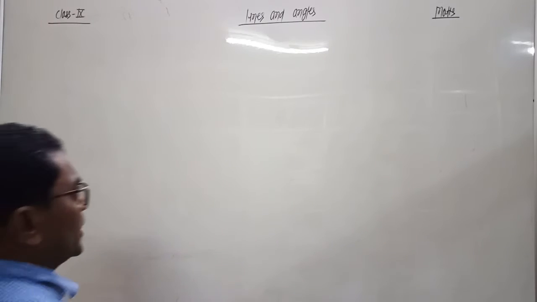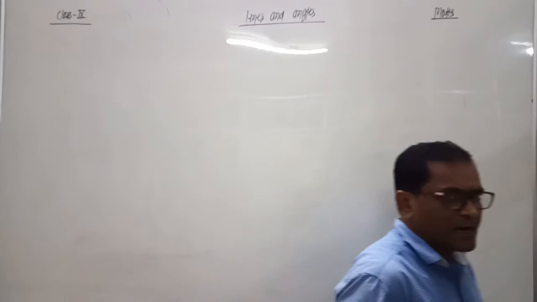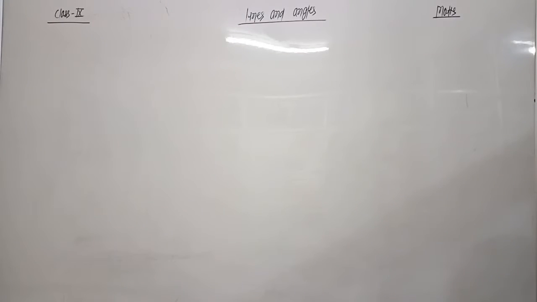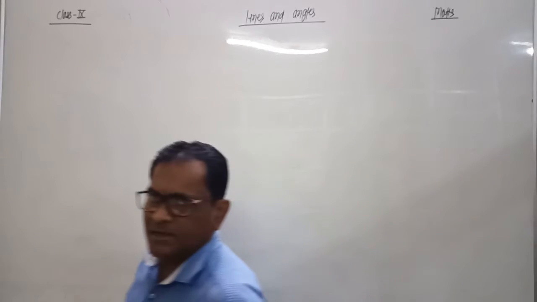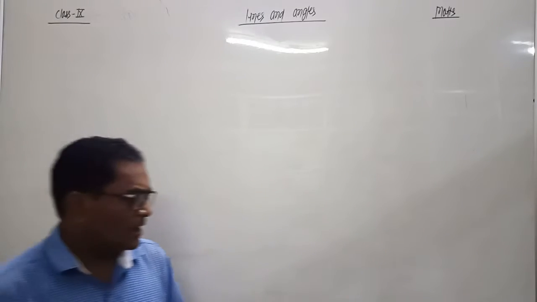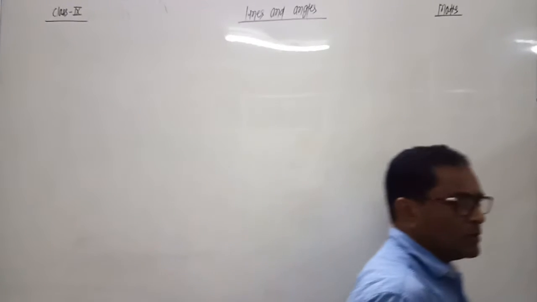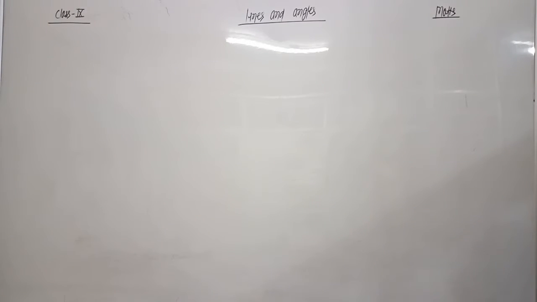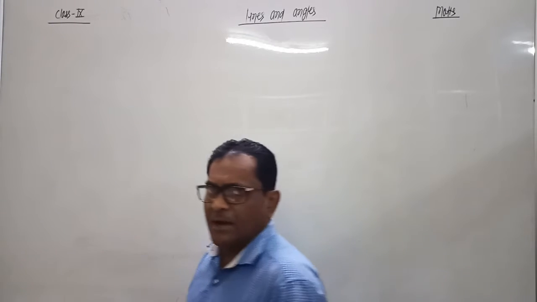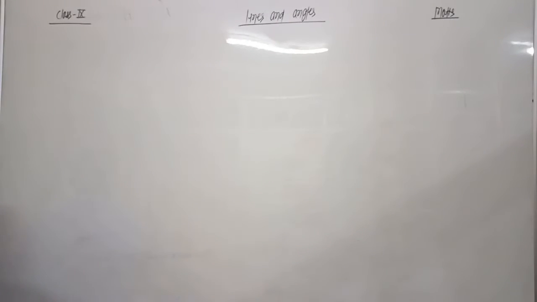So students, today we are going to start a very important chapter for class 9, that is lines and angles. Firstly we discuss the theory part and then we do the NCERT exercise, each and every question we solve including with examples. But firstly we will have to understand the theory part. So firstly we will talk about the angles.